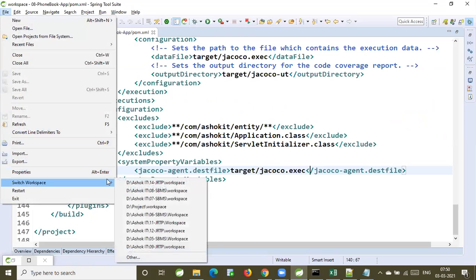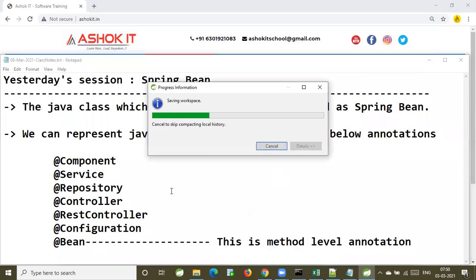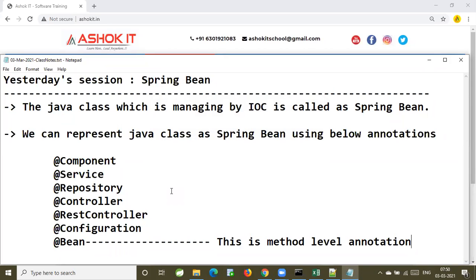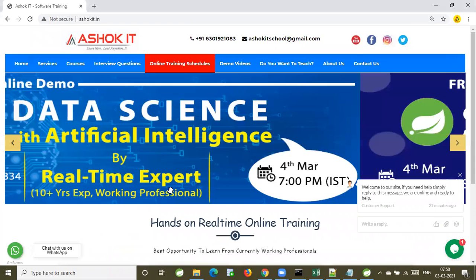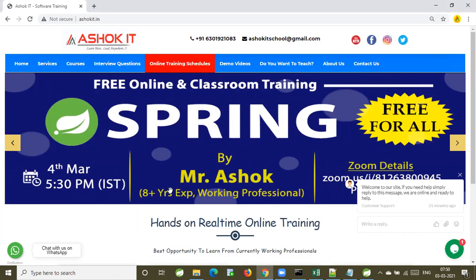Now guys, could you please tell me what annotations we are using to represent our Java class as a Spring Bean? @Component, @Service, @Repository, @Controller, @RestController, @Configuration and @Bean.